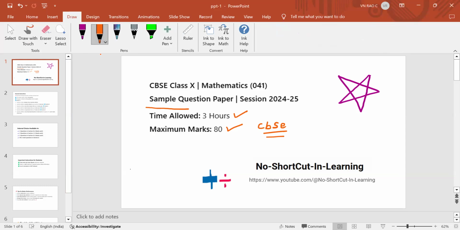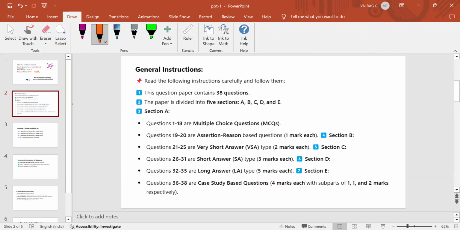Welcome, friends. In this lesson, we will learn about the pattern of this sample question paper released by CBSE. It's 24-25. The exam is very soon. So if I come to this place, the paper contains total 38 questions here, 38 questions, and it has section